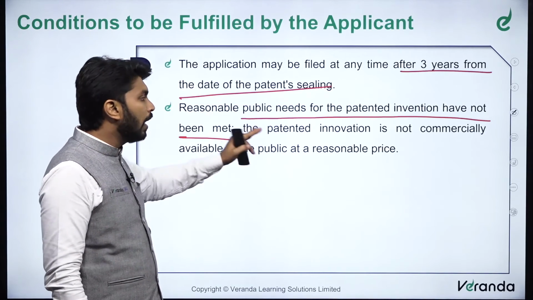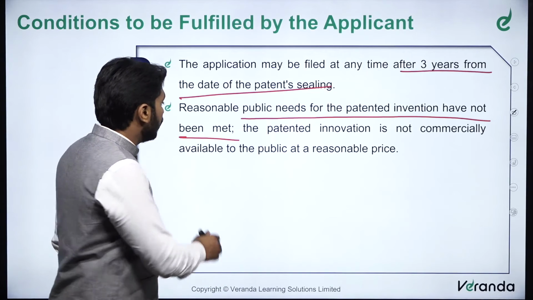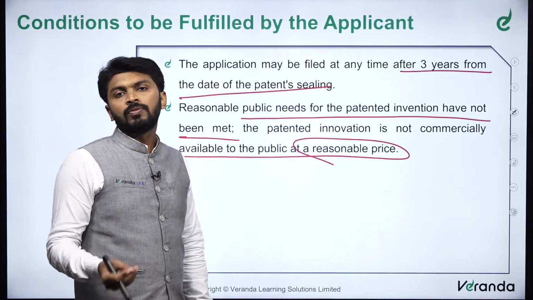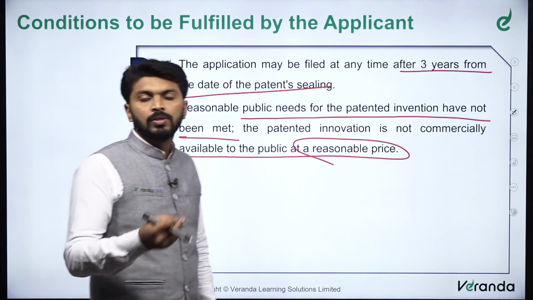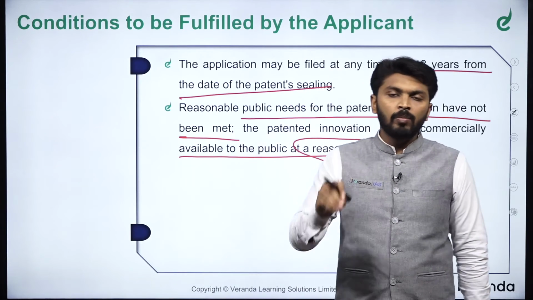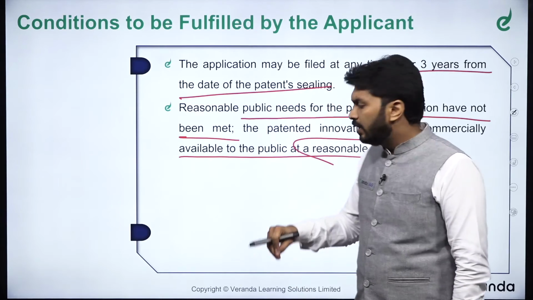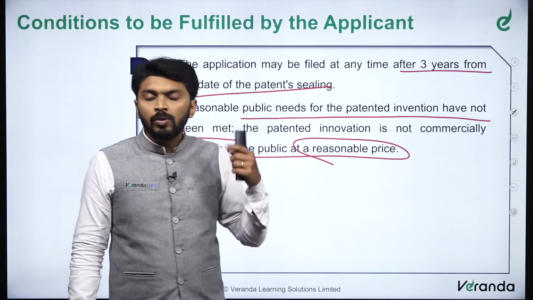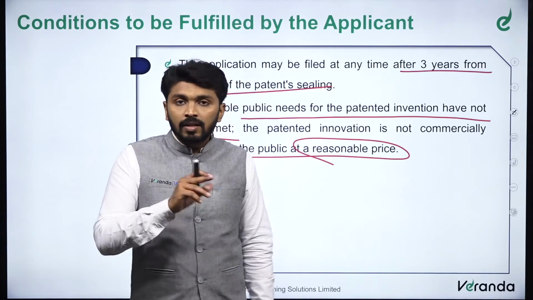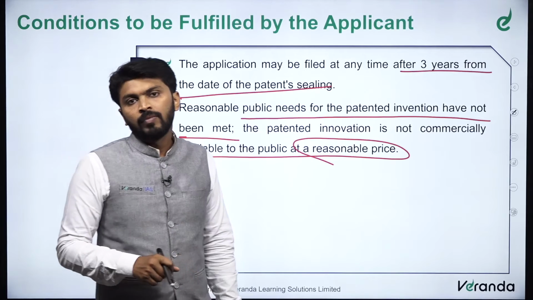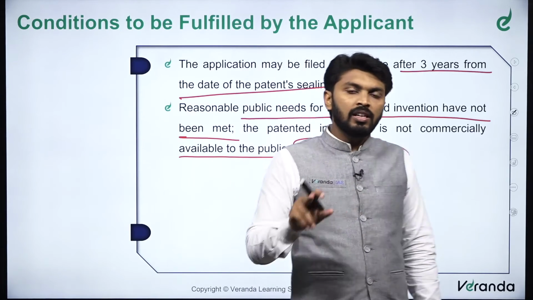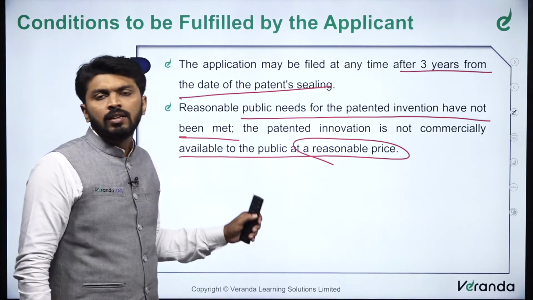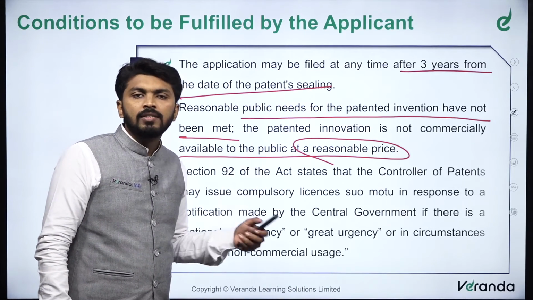And the third ground is that the patented invention is not commercially available to the public at a reasonable price. So, 12 doses of remdesivir cost thousands, about 10,000. Is it available to any common man, any poor man? It is not at all available at reasonable prices. Only certain state governments in India are procuring remdesivir at market prices, and they are selling it at a subsidized price. If that option is not there, then remdesivir will not be available at a very nominal rate. So, these are the conditions on which a compulsory license can be granted.